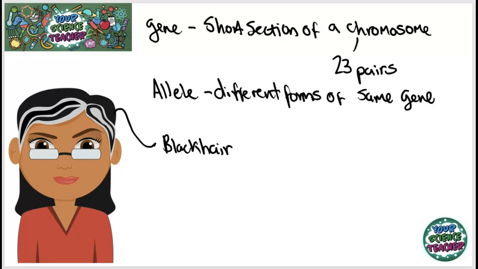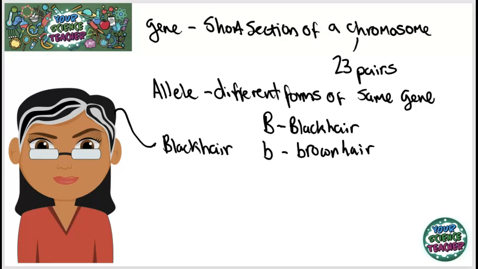If the black hair has the allele big B, and we say that that's for black hair, and brown hair is little b, then any two of the combinations, big B, little b, and big B, will code for this protein for black hair. Now, we say when you have both of the alleles that we have